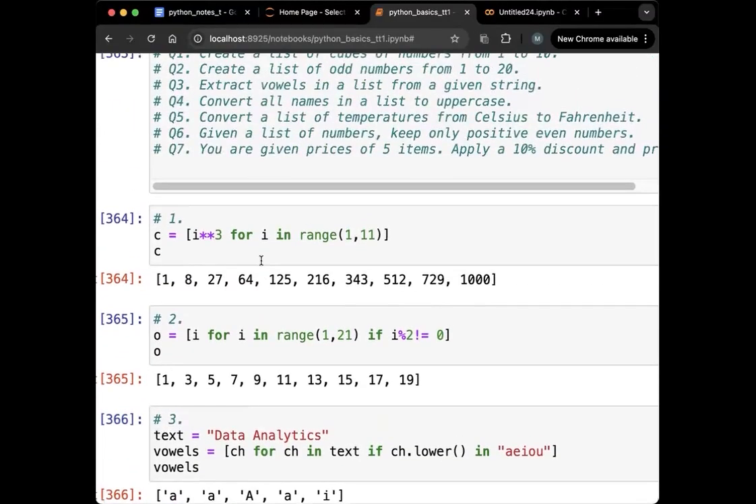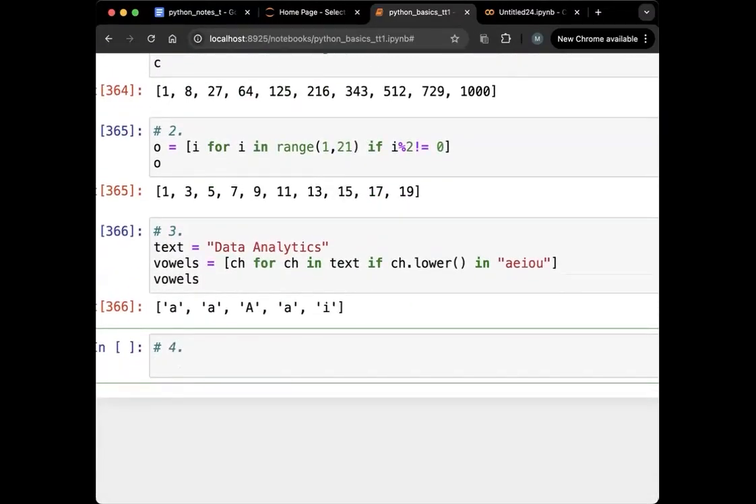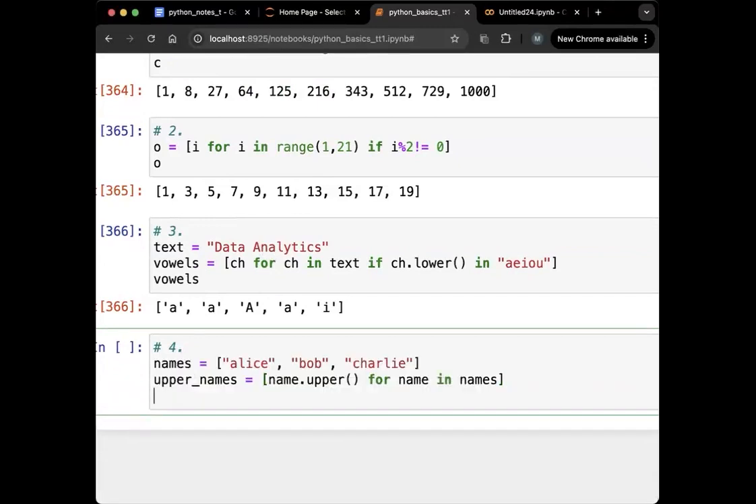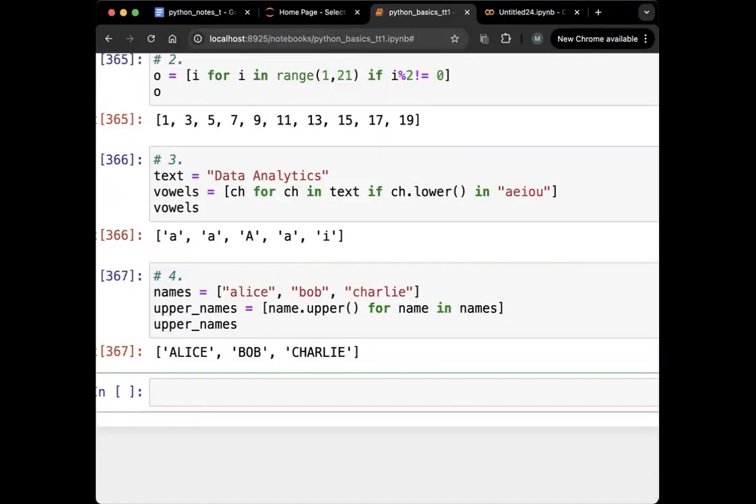Fourth question, convert a name of list into uppercase. I think this is also pretty simple. You just have to convert it to uppercase using the function dot upper, right? And this is how you can convert them to uppercase, right? Next question,